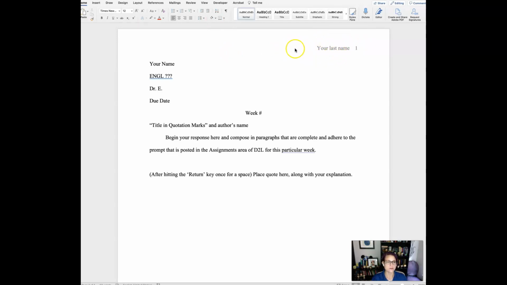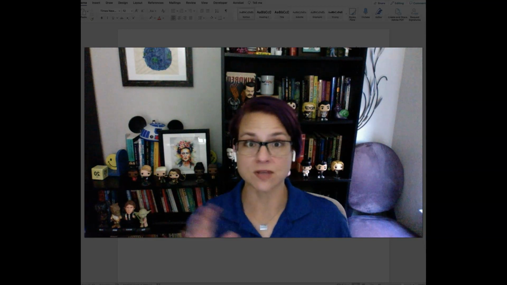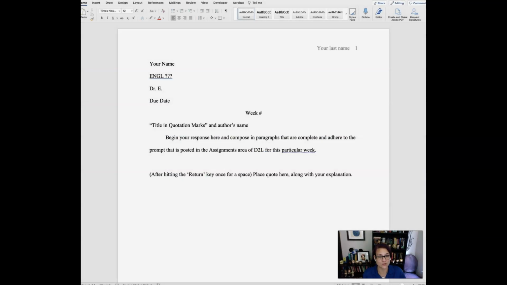That's a header. If you double click, if you see how I can't just click on it easily, Microsoft Word does that so that you then don't have to manually enter the page number on every single page of your work. You should not be doing that. That throws off the formatting of your document. Why not make Microsoft Word do the work for you?